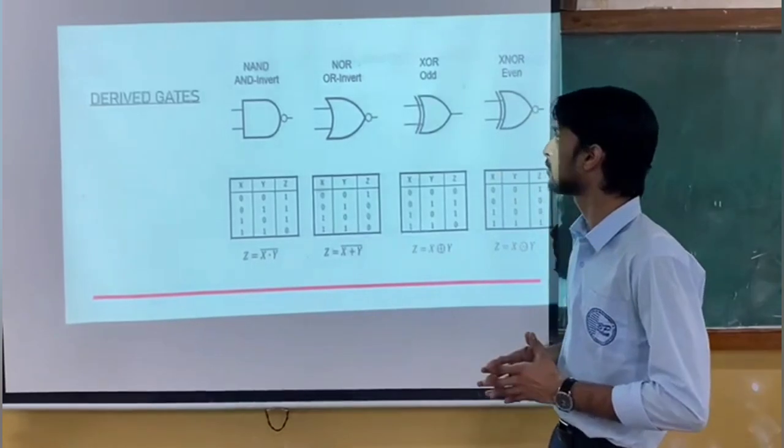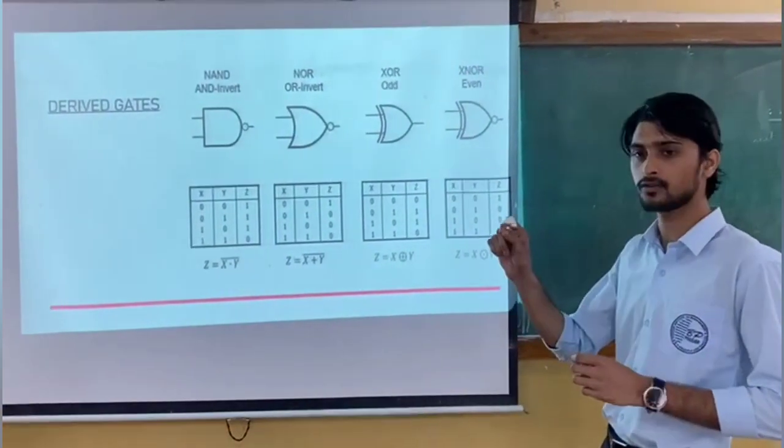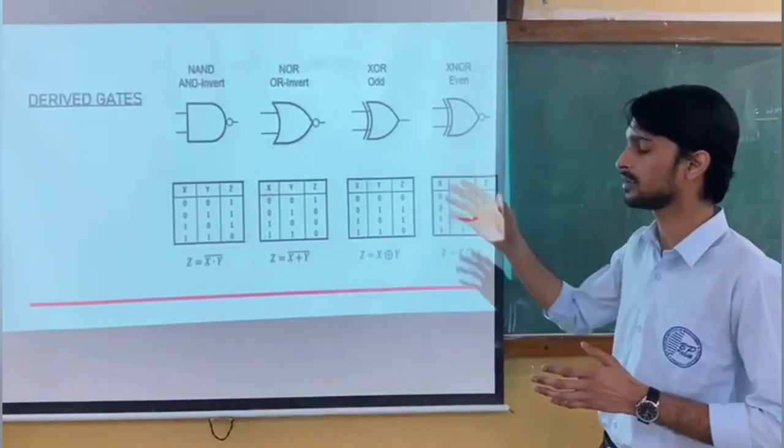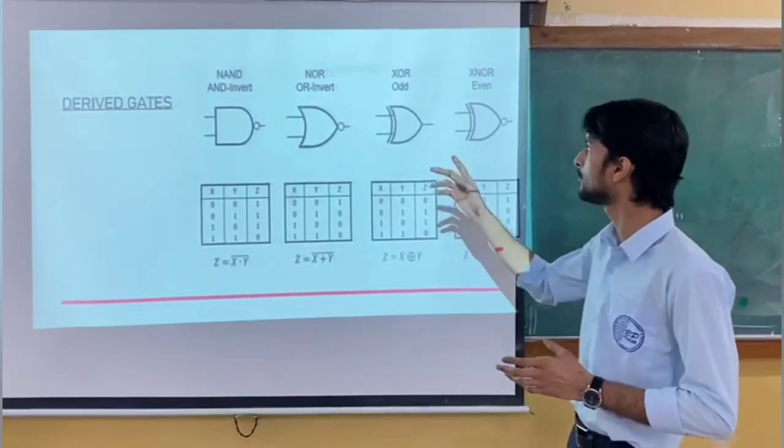Now moving further to derived gates. NAND is basically AND inverted. If we apply Y equals A dot B in an AND gate, then the NAND gate expression comes as (A dot B) bar. If we